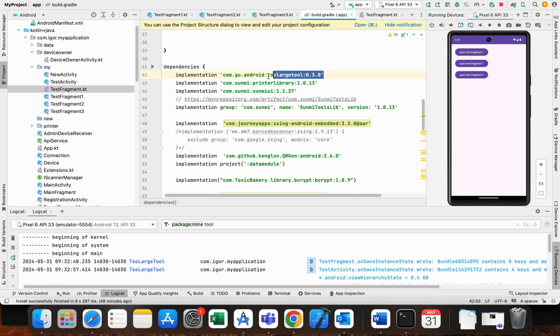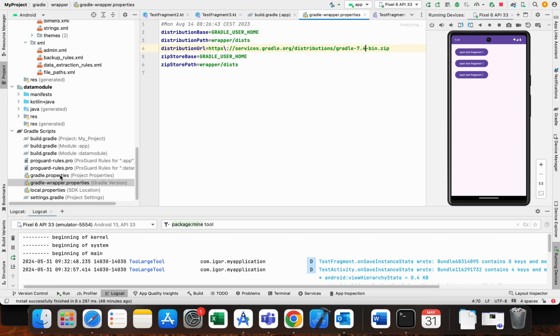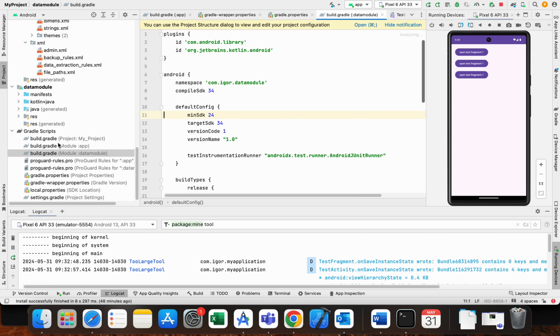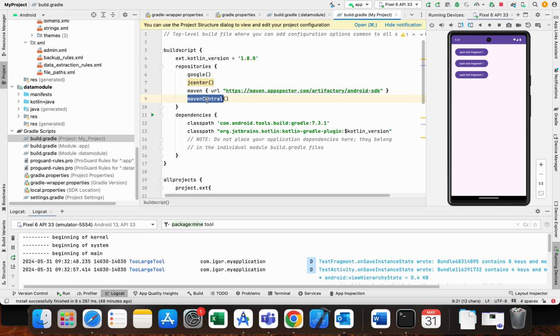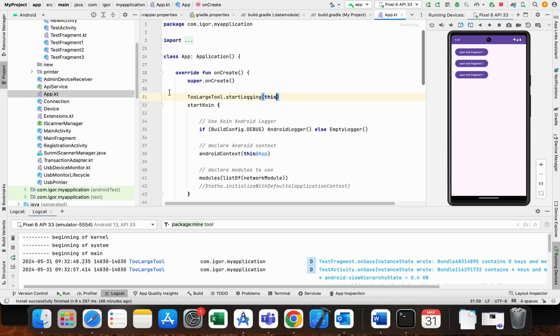So this tool, I found this tool online, TooLarge tool. You need to add it here. And I think that you also need to, where is it, to add Maven Central for it. Then build your project. After that you need to have an application class, a class that extends Application